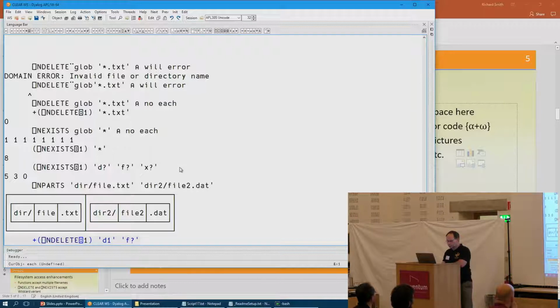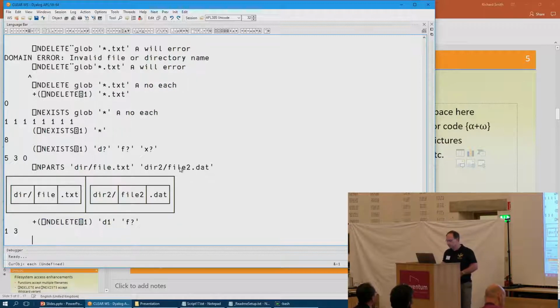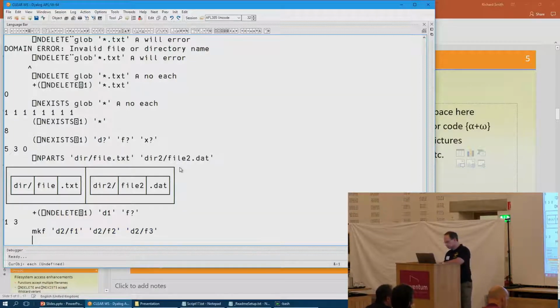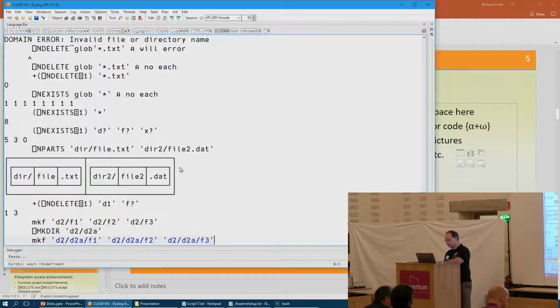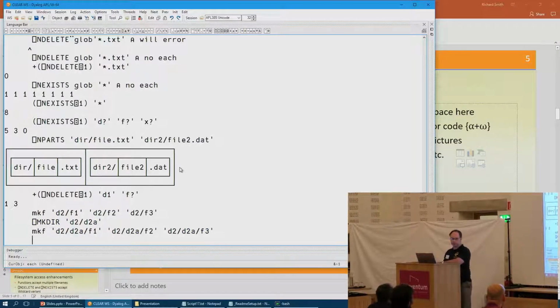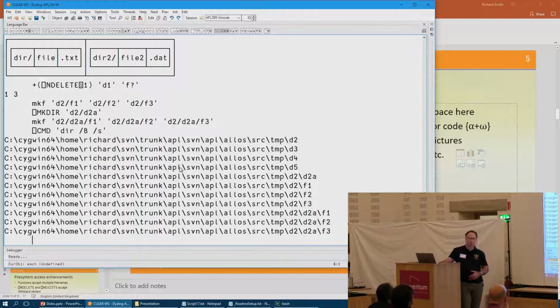Right, so what do we got here? We're going to delete a directory and the files beginning with F, so that should delete the empty D1 and 3 files, so I suspect we'll get back a 1 and a 3. Good. Let's put some things inside D2. So there's some files just going into D2, now another directory within D2, and now some files within that directory. So now D2 is not an empty directory. And I'll just run the Windows dir command, and you can see the structure, lots of things inside D2 there.